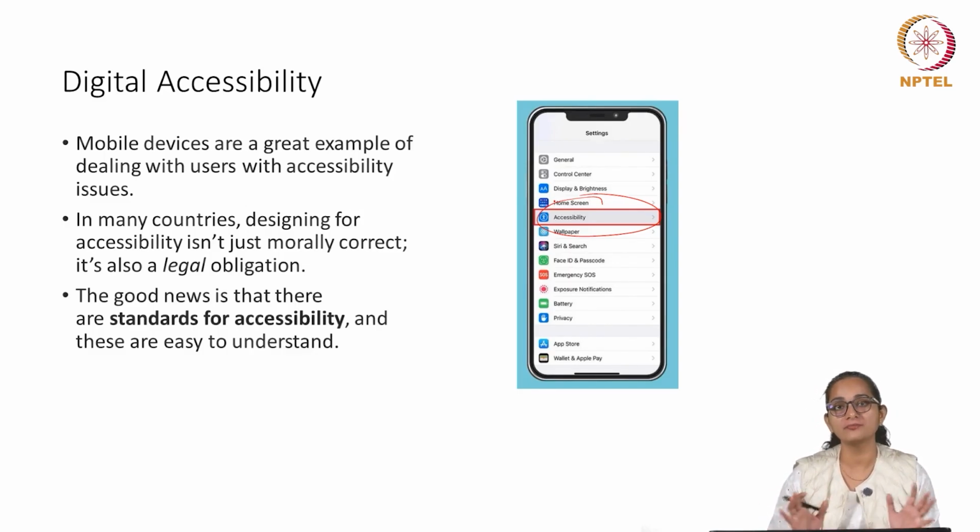We've been trying to understand some basic aspects and the need for accessibility in our previous sessions, and how we can design for better usability, what the principles are, what the universal design guidelines and principles are.